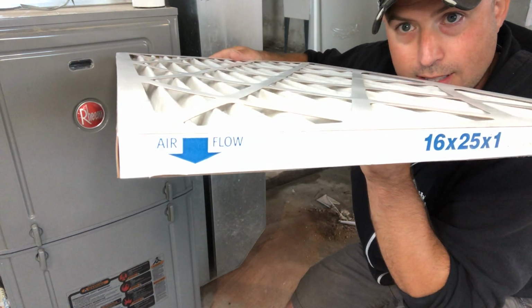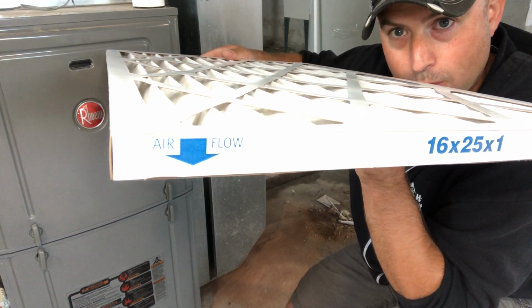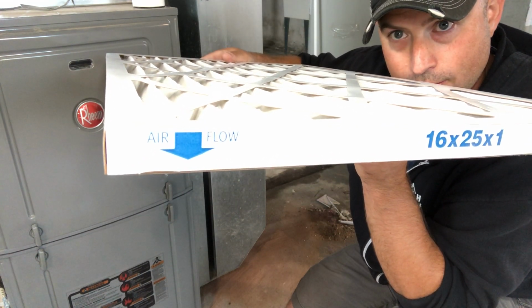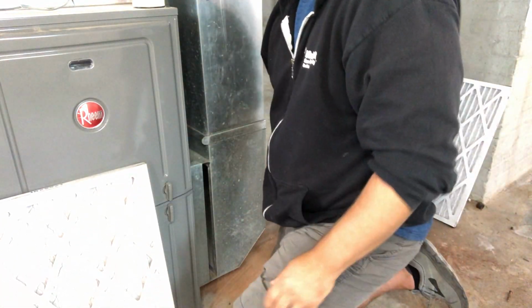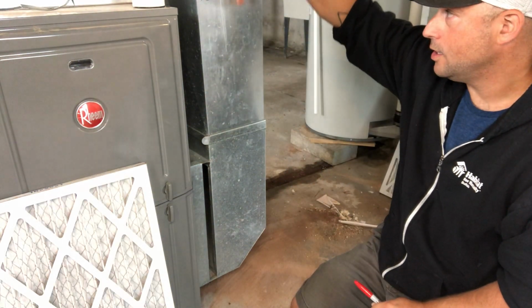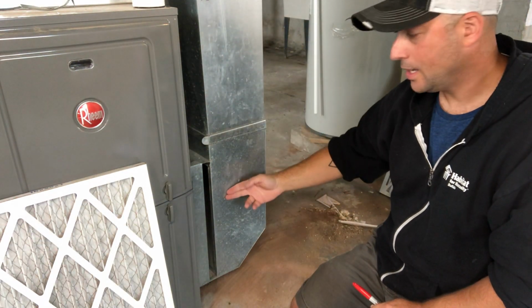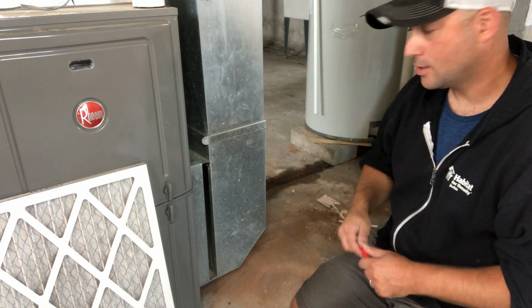The other thing you're going to see, and this is important as well, is airflow and then an arrow pointing in a certain direction. Now this is where our Sharpie comes in. The airflow for a furnace always goes down through the supply, through the filter, and into the furnace. And so